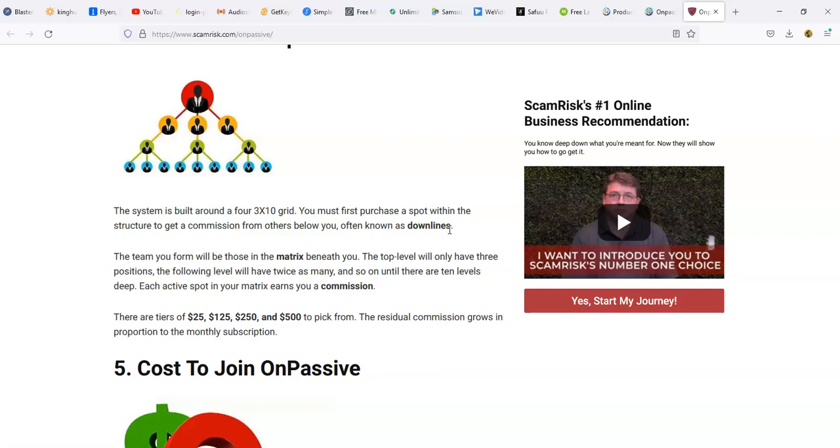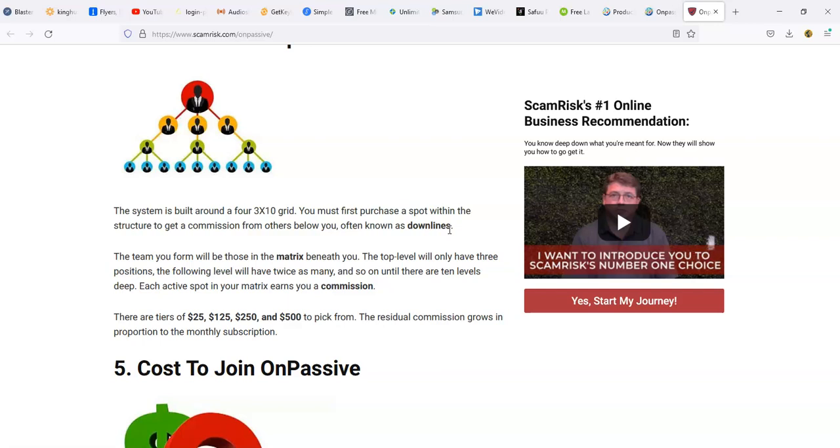Now, I will say this. It does have an affiliate system, which I earn if someone joins under me. That's standard in affiliate programs. The only programs it's not standard in is affiliate marketing, where you're promoting one product, and most of the time you get paid once, or even residual. You may get paid more than once, but every single month. But there's no one under you.